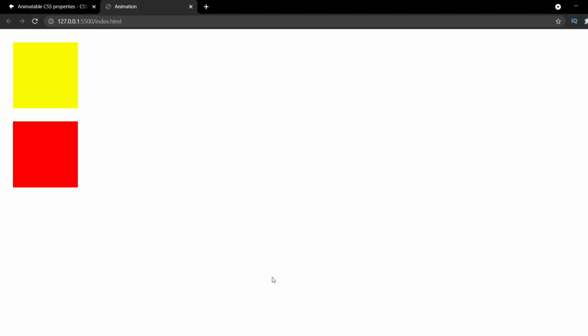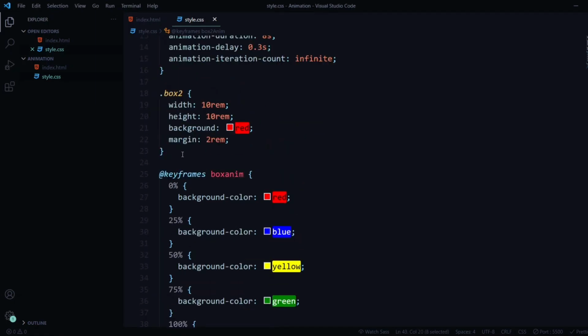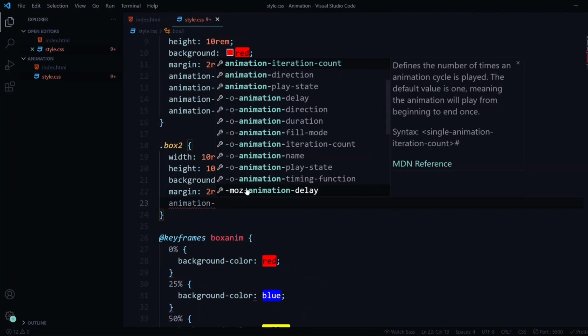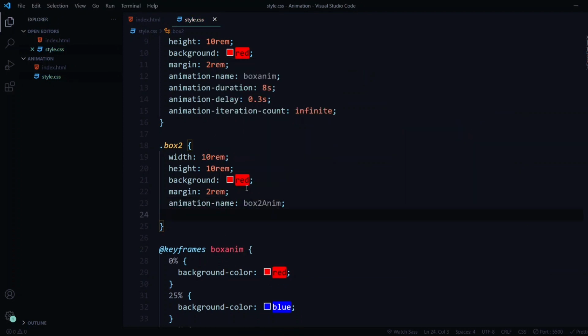Now if I go back to Chrome and refresh this, I have not added the duration yet, so I'll have to do that. Always keep that in mind. See, even I forget sometimes. And I haven't even added this animation over here, so I'll just write animation name. I'm going to make it simpler for you guys as we move forward, because there are a lot more properties that we're going to see, and typing this out is going to be a lot easier. So just bear with me till we reach the end of the course, because this is for beginners, so I'll have to start from scratch itself. I cannot jump to advanced properties.